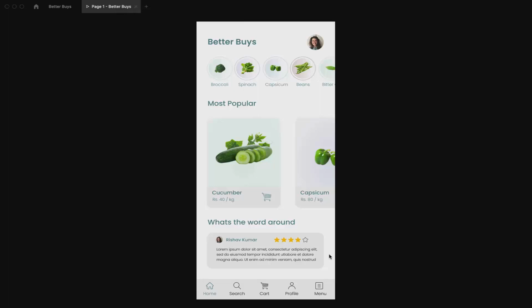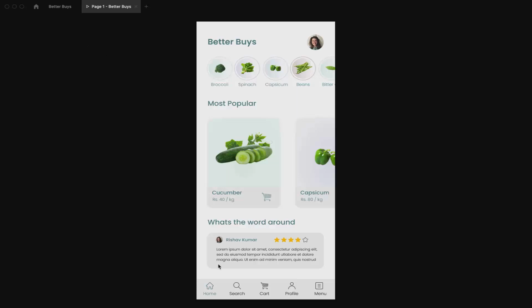Now you might be thinking, why are we not making the user register or login at start? Because that is not a standard practice. You can see any e-commerce applications, they will force you to log in or create an account only when you are going to order, not until you order. So we will also ask the user to create an account or log into the old account when they are going to order. So until then the user should be able to see everything.